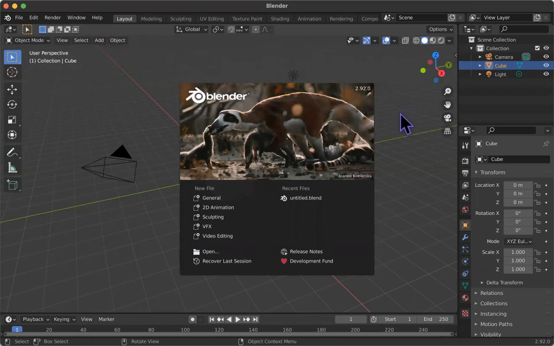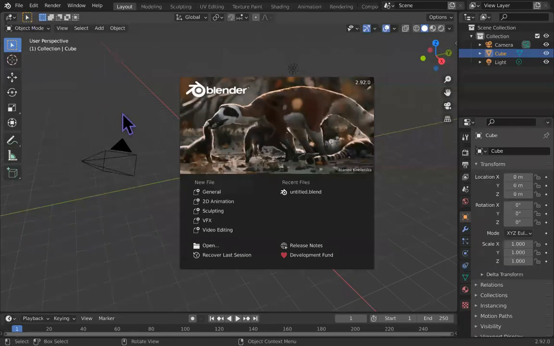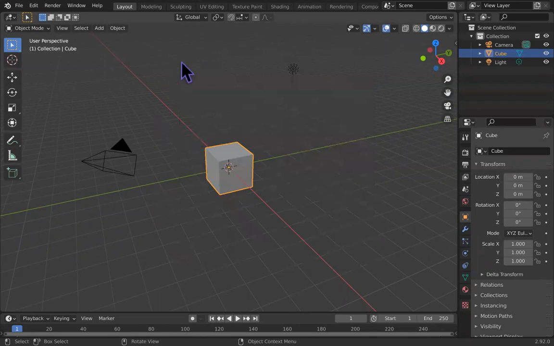Hello and good day. This tutorial is about Blender workspaces, and we'll learn about different workspaces and default workspaces in Blender. So if you open up your Blender first time, this is what it will show. You don't have to do anything here. You just click anywhere on the screen, and then the first thing you see on your screen is called your